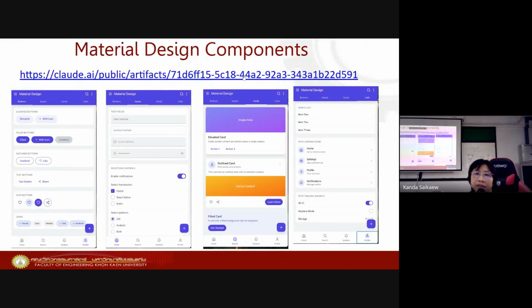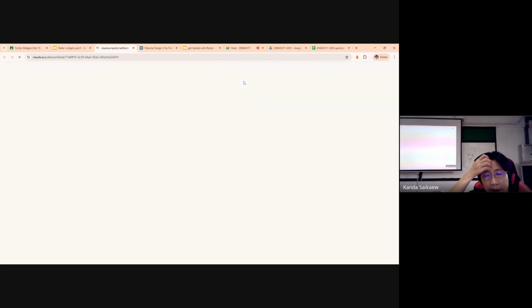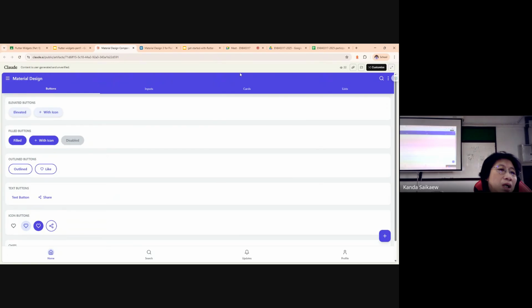Okay, here is also an example of Material Design components that you can click on at this website. You can see that for the button, there's the elevated button, where you can see the object in 3 dimensions, not only width and height,